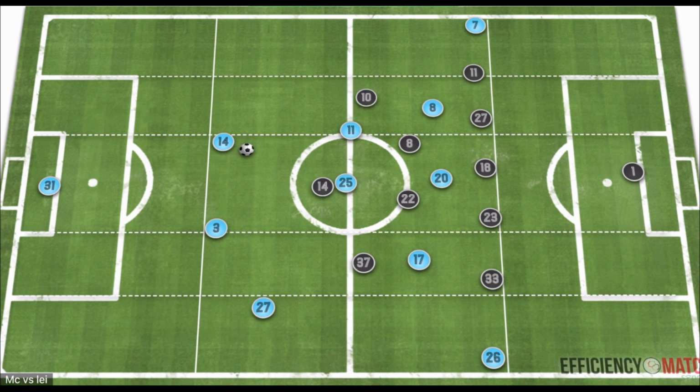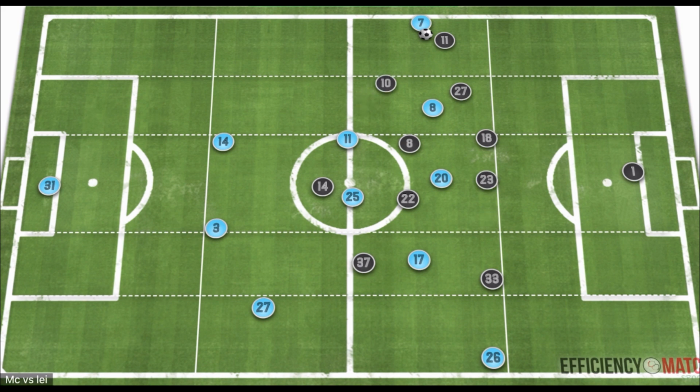It also gave them a lot more security in wide areas. So now for Manchester City, Zinchenko inverted a lot more when this change happened. So this was primarily to try and re-isolate the wide areas, because with Sterling against the back five, they have the wing backs that can easily go out and press Sterling. They then have more cover from three central defenders and free midfielders to gain compactness and control over Manchester